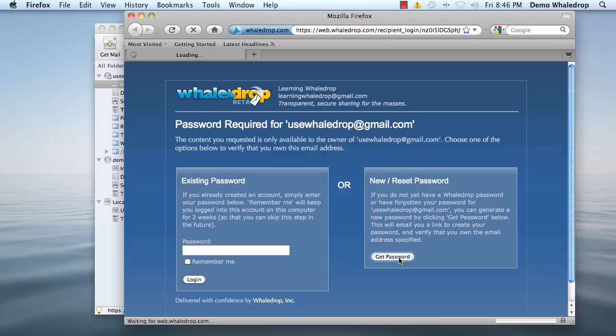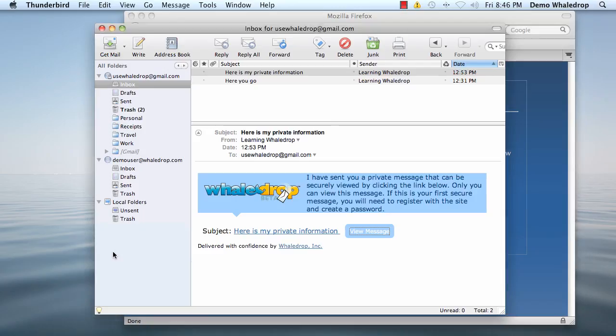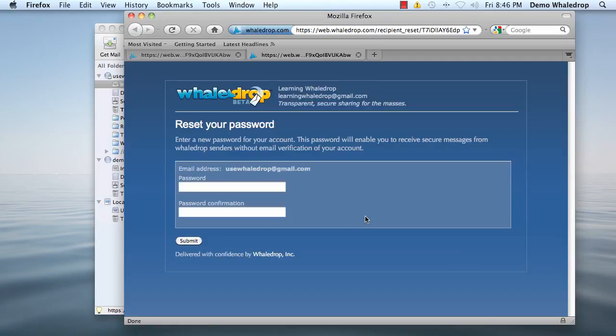When we click on Get Password, the Whaledrop Asset Courier sends a notification email back to the email address with a link to set the password. We'll go back to the email client and look for that email message. When the new message arrives, we click on that message and we see that there's a link to create the password. When we click on that link, it takes us back to Whaledrop and allows us to set a password